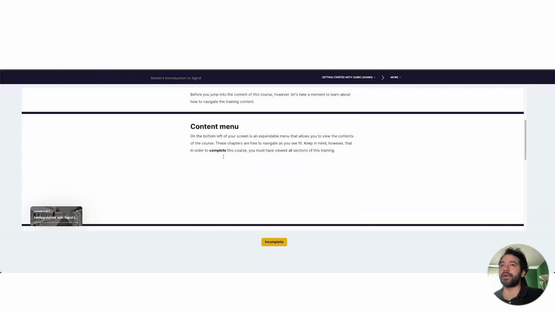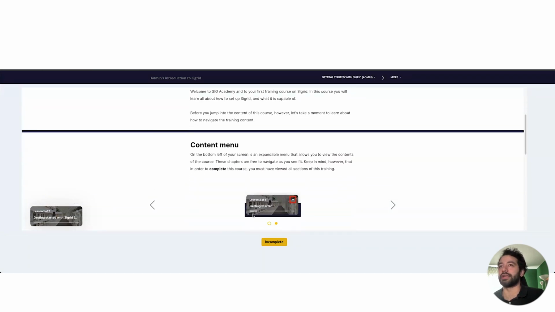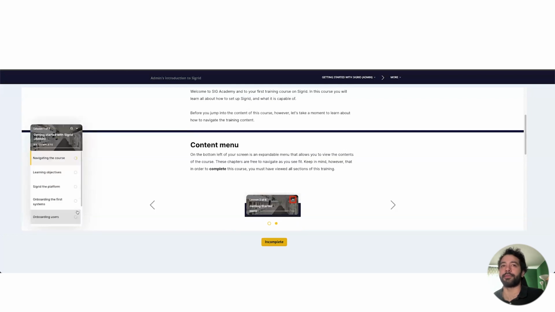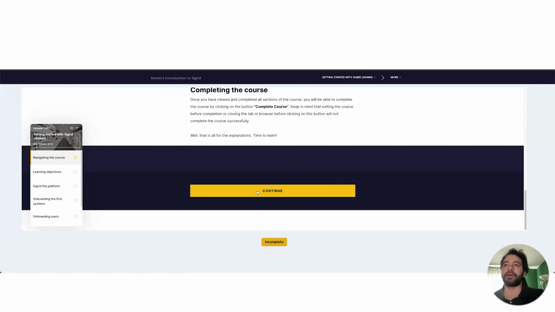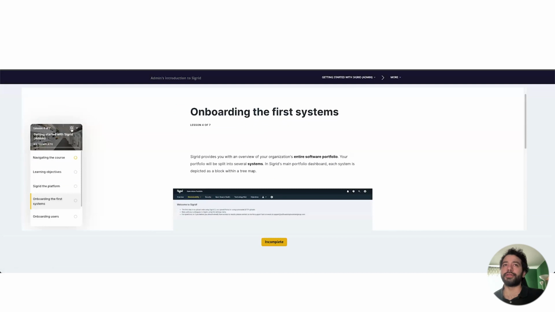When you are doing a course, it walks you through the information in the beginning, but important to know is that you can open up this side menu and you can navigate regardless of whether you have completed the content in the page you are in. You can navigate all the way to whatever section you want. You can do that by either clicking on the section itself, or you can do a search.